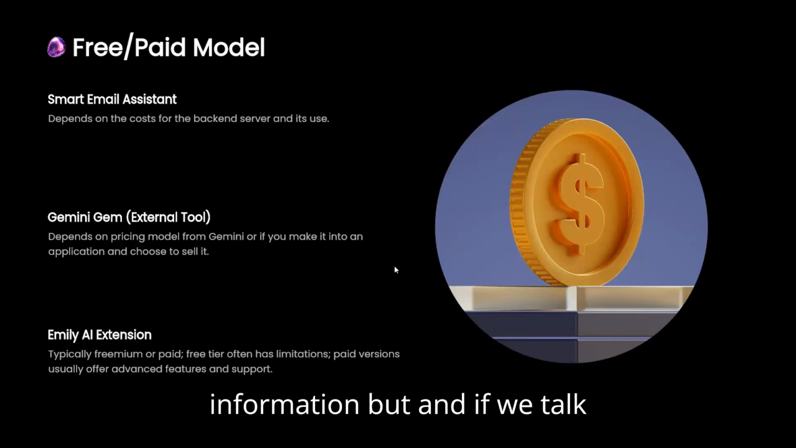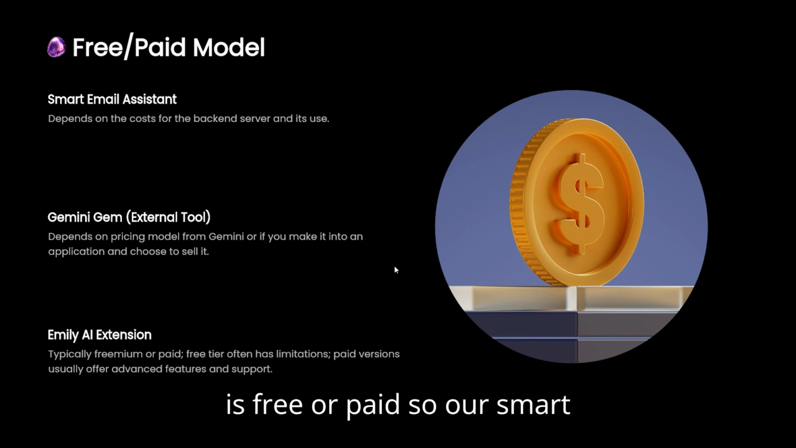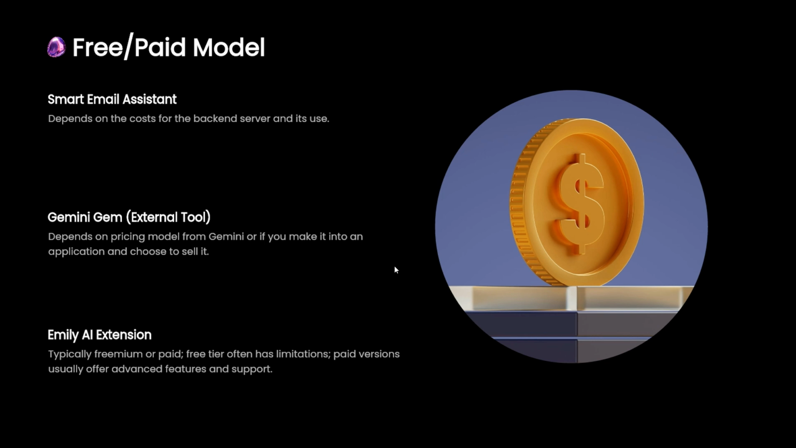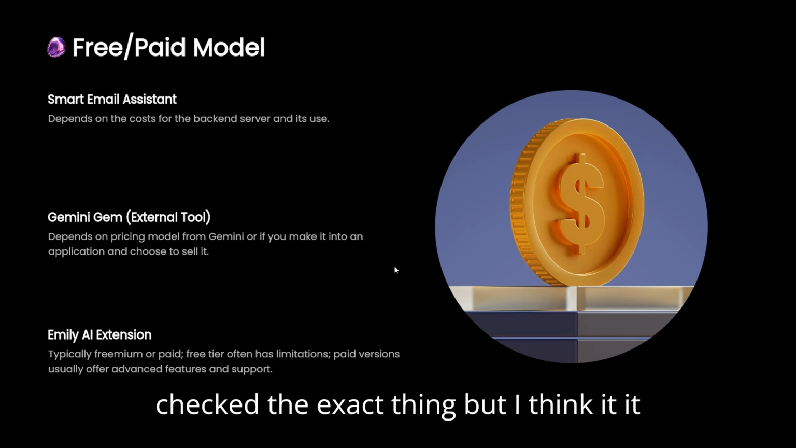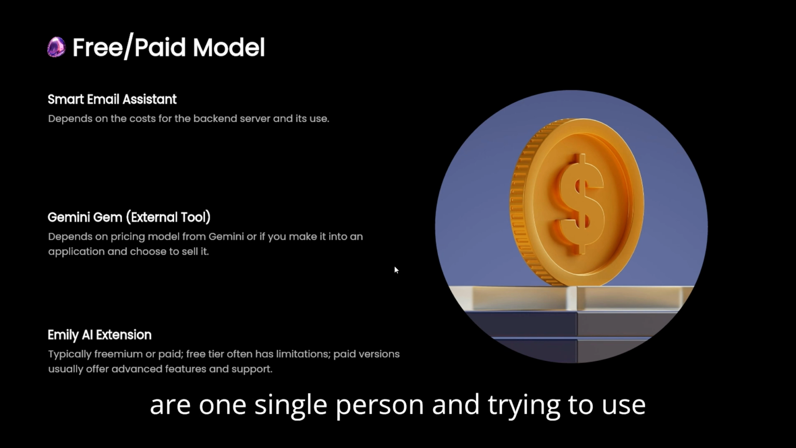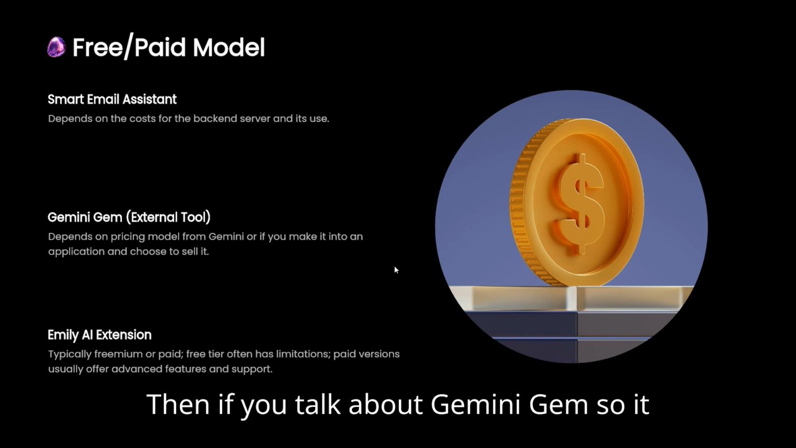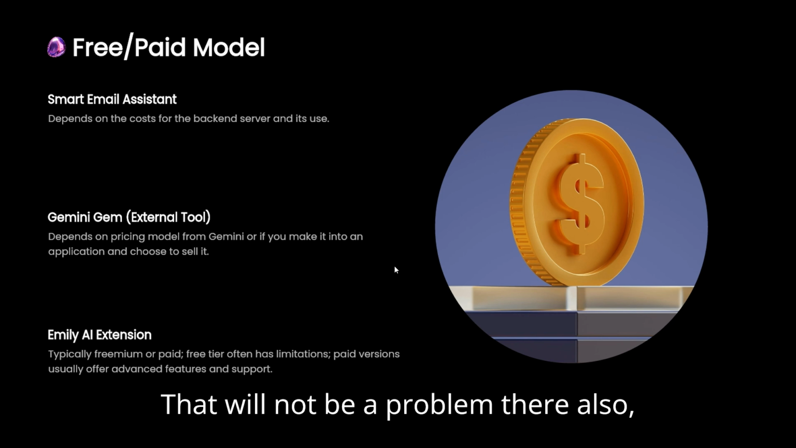And if we talk about the main aspect of this, whether it is free or paid, our smart email assistant, we are creating it for free. We are using the Gemini wrapper, and there is a lot of generous rate limitation. For Gemini Gem, I haven't checked the exact thing, but I think it is really close to almost free if you are a single person and trying to use that personally. If you talk about Gemini Gem, it depends on the price. Since I said Gemini provides a very generous free tier, that will not be a problem there also. But